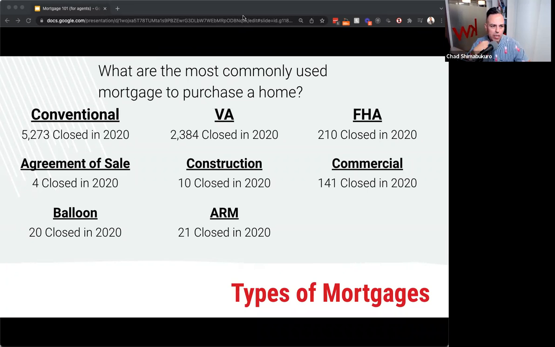With regards to hard money, and thank you for bringing that up. I don't know if I have a slide on that. I think I do, but hard money is the same thing as private money or portfolio. Basically it doesn't fit into any of the categories that we've discussed thus far, which is traditional financing. As an example, I used to invest in a hard money group. So I was one of the investors in hard money, and we write our own rules in terms of what we're willing to offer a loan on.